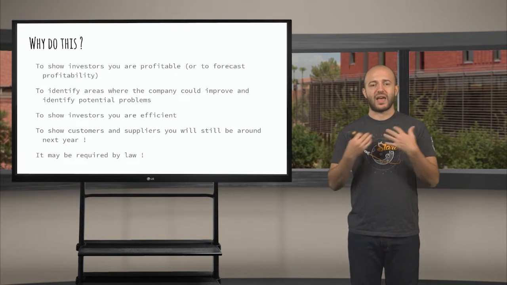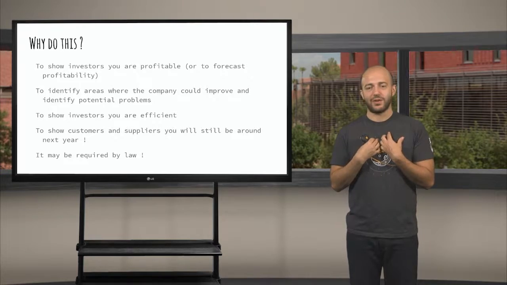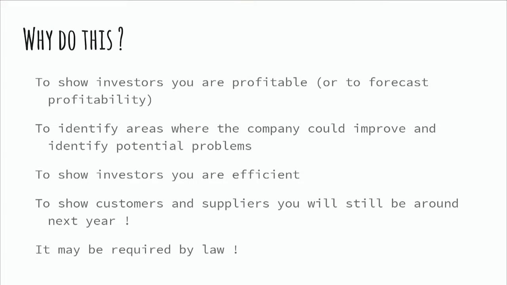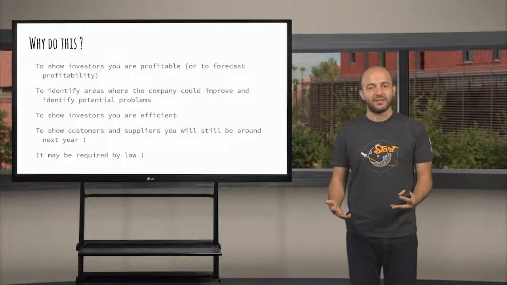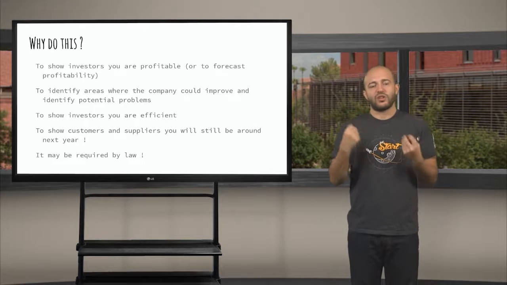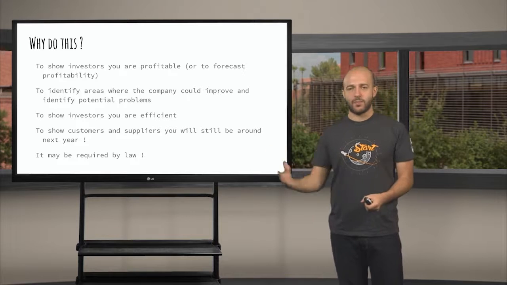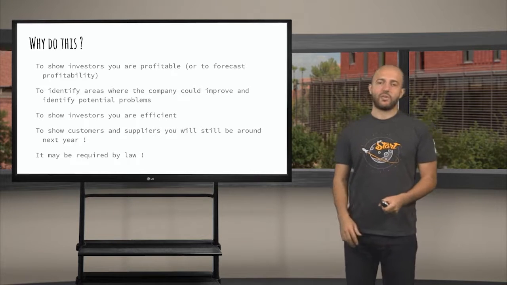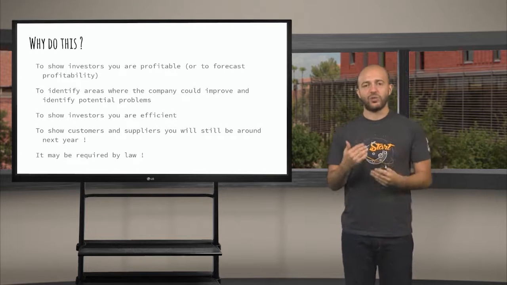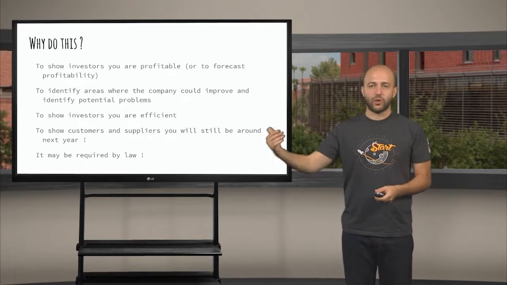Now, why do we do all these different things? We do this in order to understand the operations of our own company, to understand how different decisions will affect our company, and finally, to create an overview for investors on how our company is operating. An investor is always going to ask for a 3-year to 5-year financial projection document. They know there are projections, they know there are assumptions made, but it allows them to feel confident that you as an entrepreneur have thought about everything that's required to operate and expense in your business, and that you thought about the projections in terms of growth and where you see this